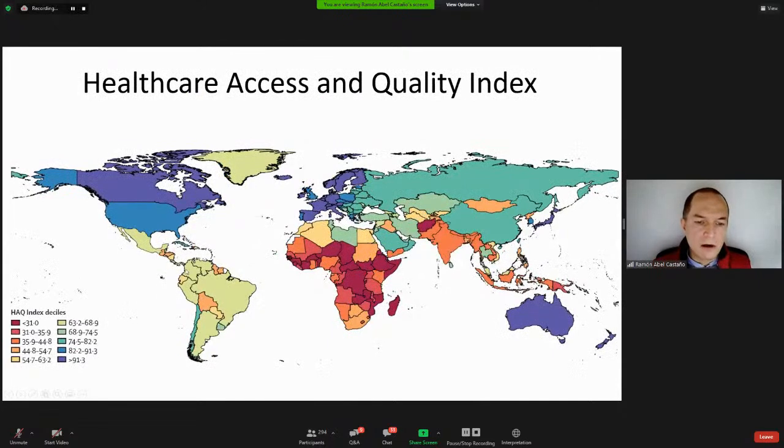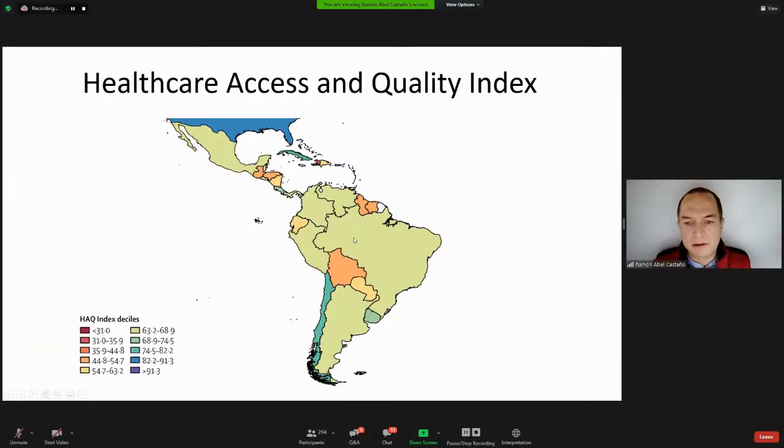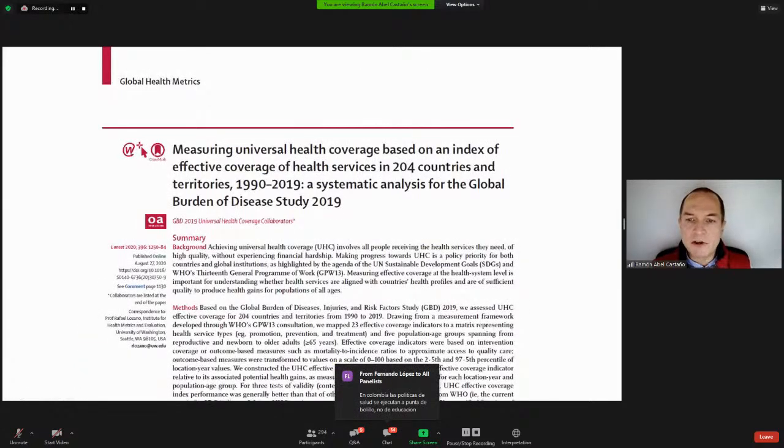And we can see that Colombia, regarding this indicator, is right in the middle as compared with other Latin American countries. Probably the best ones are Chile, Uruguay, Cuba, and Costa Rica. But there are many others below Colombia, and a couple of the largest ones are in the same range as Colombia. And the other publication was measuring